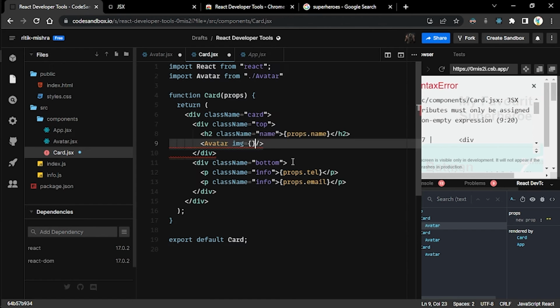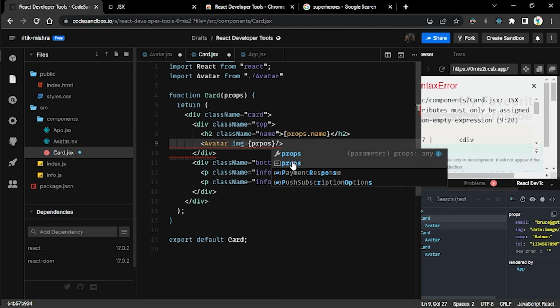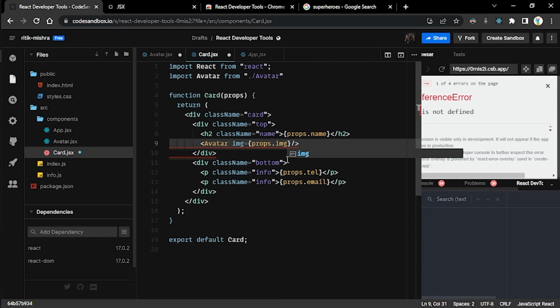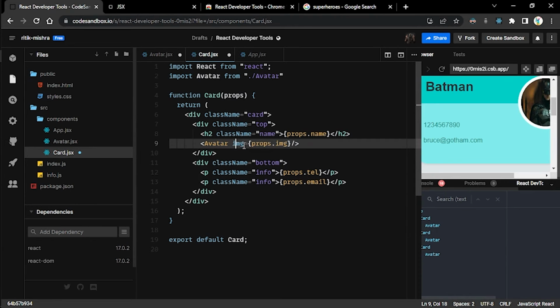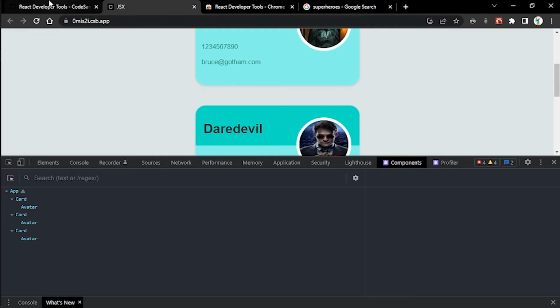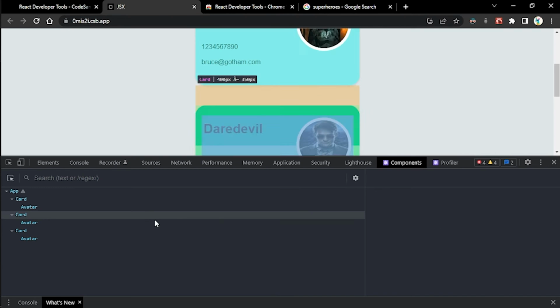So using React props, we can mention props.img, and we'll be using that particular address under this name of img. And once we write this img attribute right here, we'll be able to see that the image is now being displayed as before. So what is happening right here is,